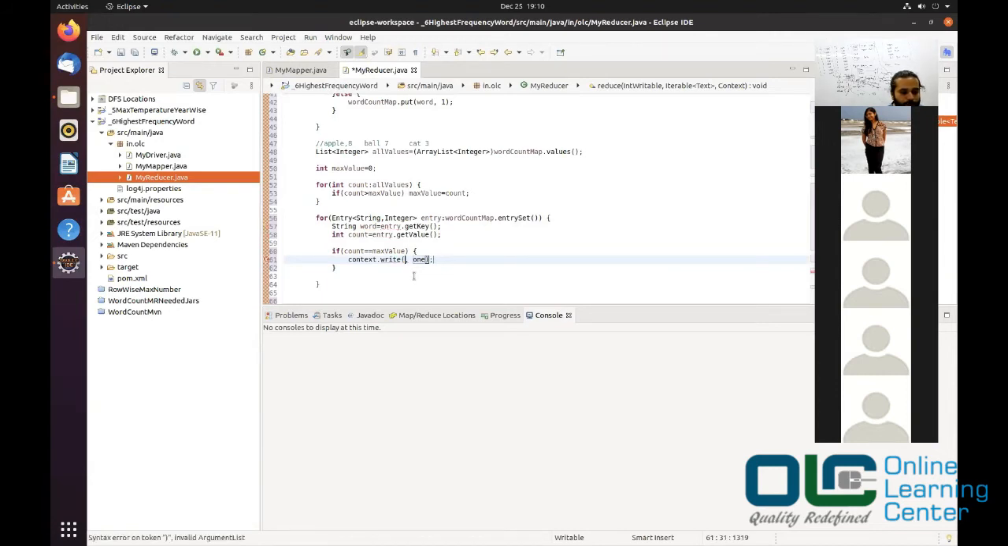And what are you going to write? You are going to write word, that is apple. So new Text of word. Okay, and what is the next thing you're going to write? Its occurrence, new IntWritable of count, right? So this will write all those occurrences